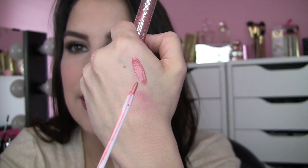Love the applicator with the little brush tip, and it's surprisingly opaque, and I really don't see any of my natural lip color showing through it. I could see a lot of people liking this kind of tone, very shiny, and I'm pretty sure the display said something about this being argan oil infused. And they had some really nice shades, so I would consider checking out more of these, but this shade in